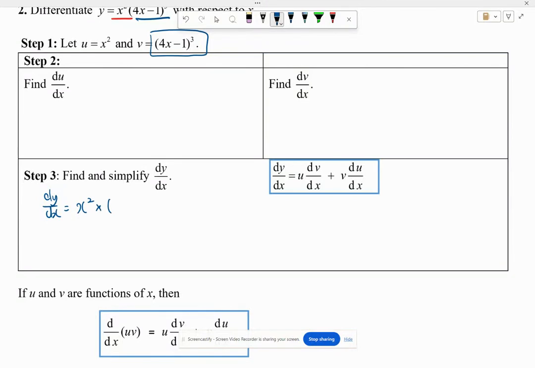Multiply by 3 times 4x minus 1 squared, differentiate inside the bracket, and we get 4, plus v, copy down the v, multiply by differentiate the first one, which is times 2x. So right now, if we simplify it, we have 12x squared